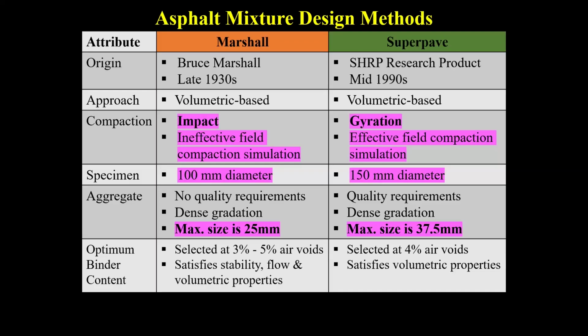And so some agencies try to change some of the criteria in the Superpave. For example, they want to change the voids in mineral aggregates to allow more bitumen into the mix. And when they do that, they have problems with rutting. Others will reduce the bitumen content, and then they'll have problems with cracking while solving the rutting